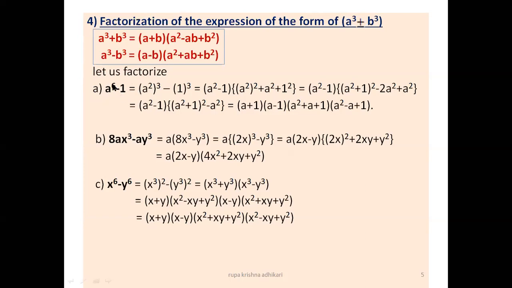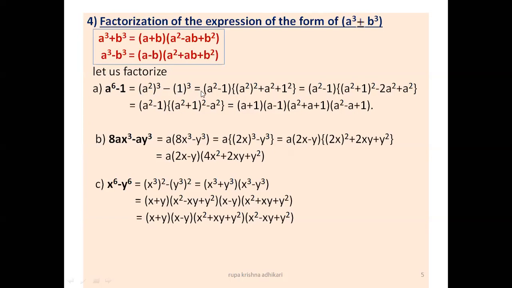Equal to. Here I want to convert it to the form cube. I have here cube's formula, that's why. You can also convert it to the form of square. So here a square whole cube, 2 into 3 will make 6. So a square whole cube minus 1 cube. Now you can see a cube minus b cube form. What is it? A minus b into a square plus ab plus b square. Hence write it. In place of a you have a square and in place of b you have 1.